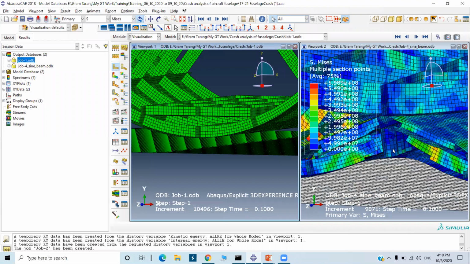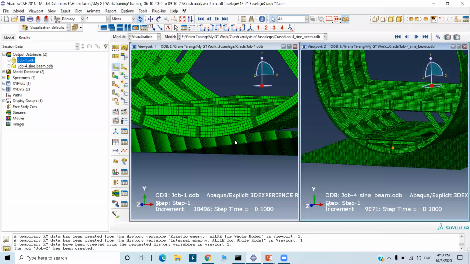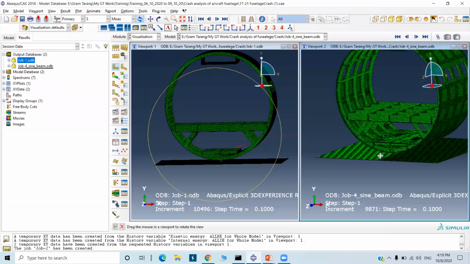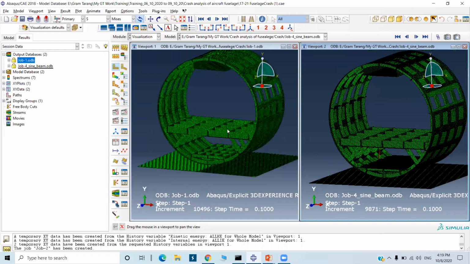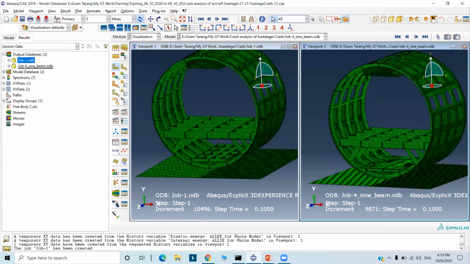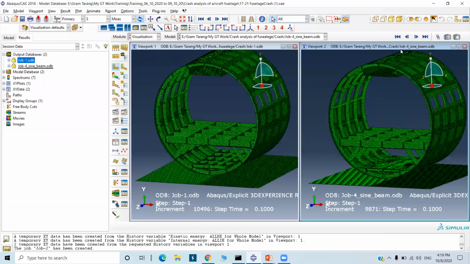We will compare the results for both. I will start the animation here.